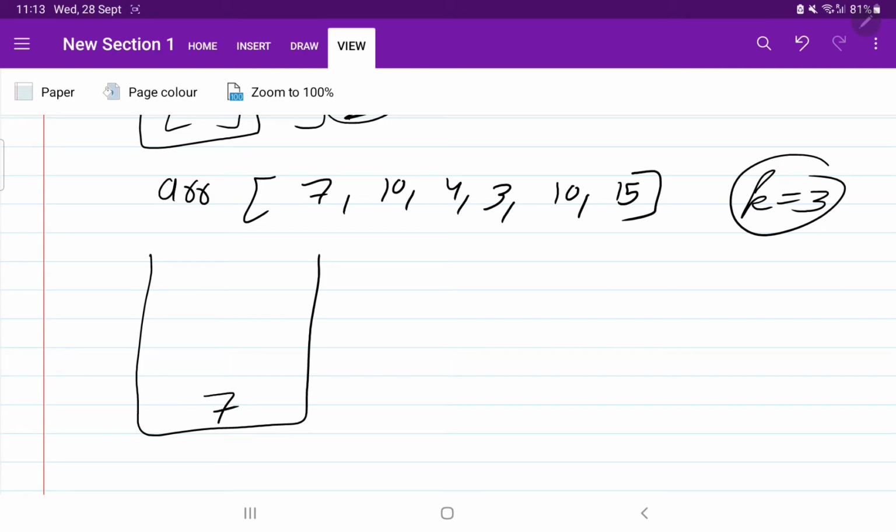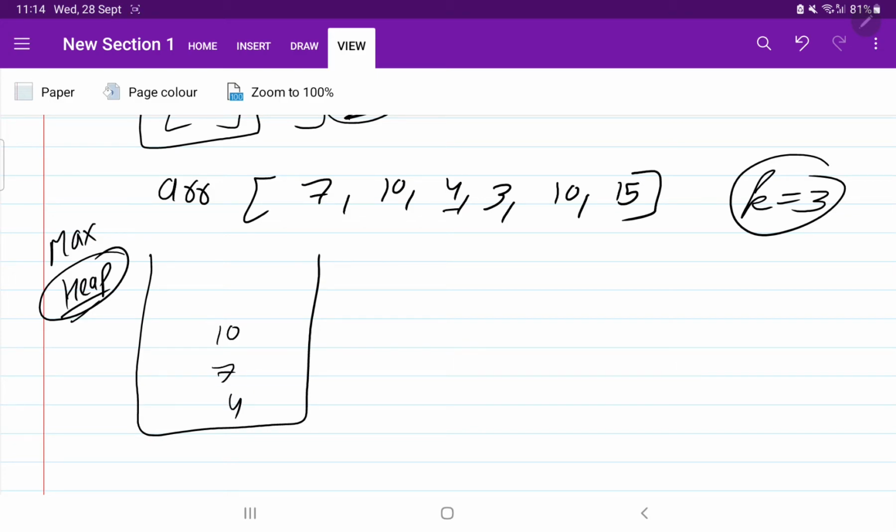First we insert 7, then 10 will come, and then we insert 4. I told you the maximum element will be at the top because it's a max heap, so 10 will be at the top, then 7 and 4.